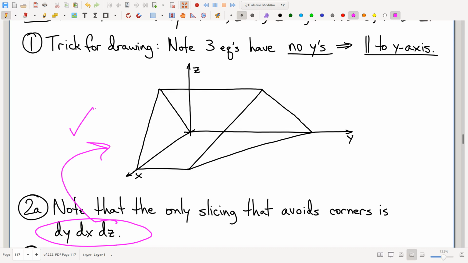So this is not me trying to be a jerk. This kind of thing happens naturally in the real world. So you do have to think strategically when you find yourself looking at a 3-dimensional solid. You want to do a triple integral and you're thinking about how to slice it up. Think it through, right? And so, for example, let me just show you how it would fail if I were